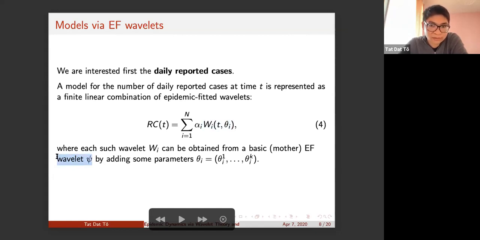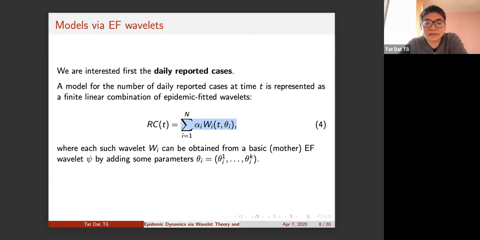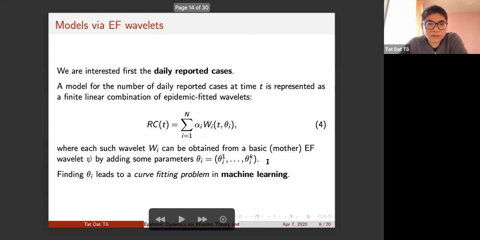Given an epidemic-fitted wavelet psi, you can generate other wavelets Wi here by adding some parameters theta i. So this is the decomposition of the function as a linear combination of wavelets I just presented previously. And okay, if you come back to this equation,